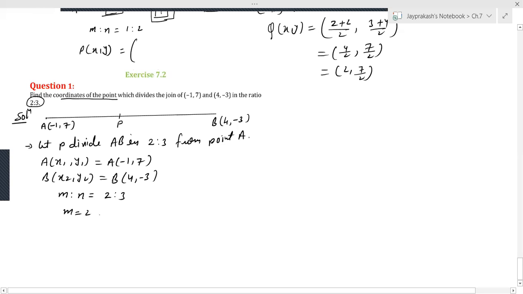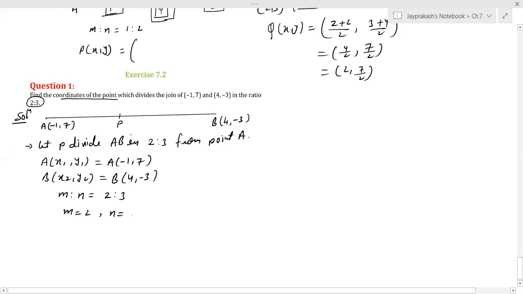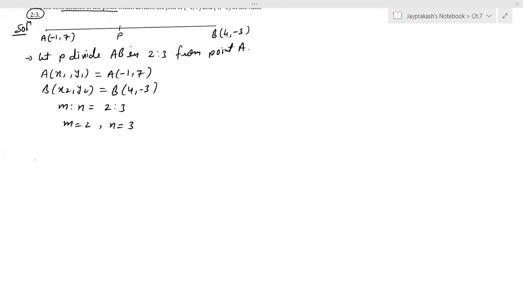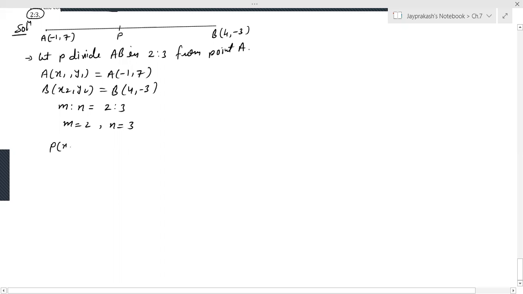That means m is equal to 2, n is equal to 3. So now we want to find the coordinate of the point P. So P(x, y), by the section formula we have,